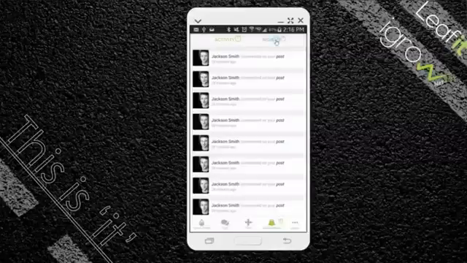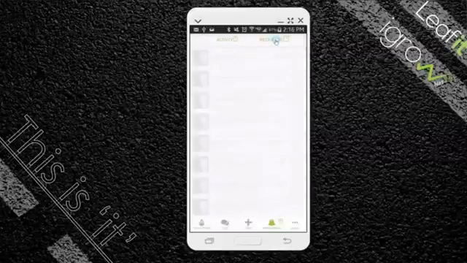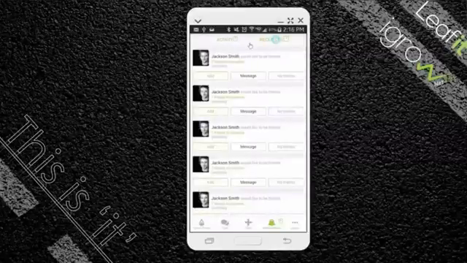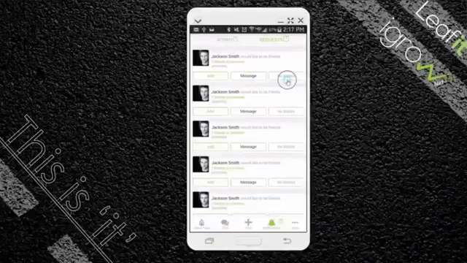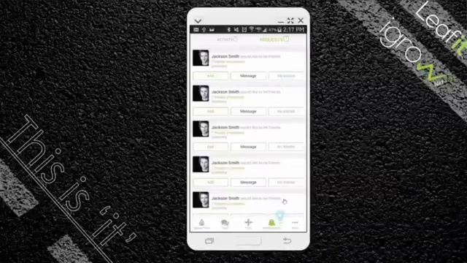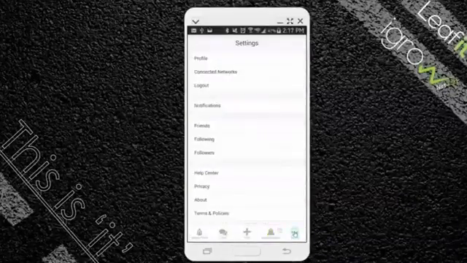And then you have requests, and that's obviously your friend requests, where you'll be able to add a friend, message them, or say no thanks to a friend request. And then next we have the more section, and when we get done with that, Mike, I want to go back to the search, and I want to show them a couple of the other search features that we have over there. So here we have settings.